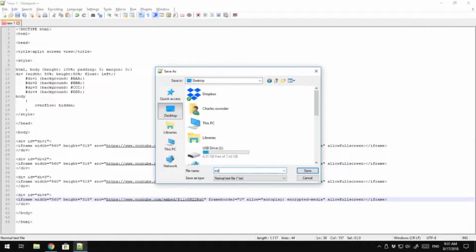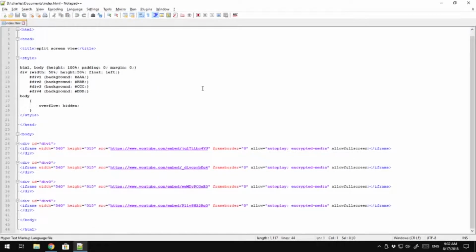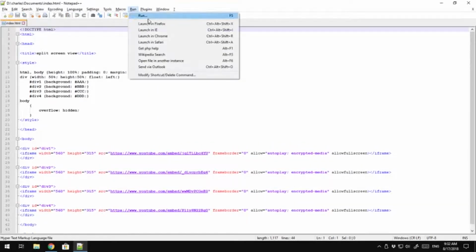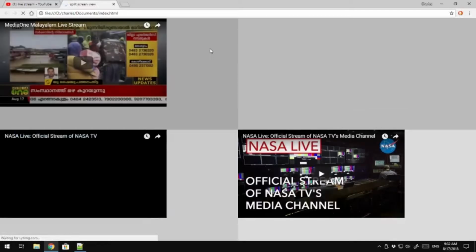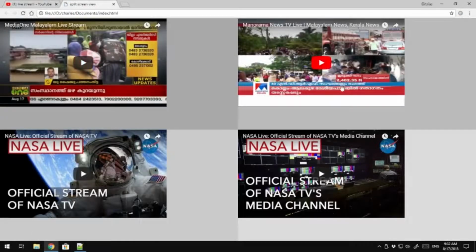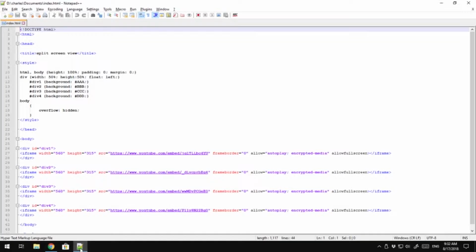Save. I'm gonna name it as index.html. .html is the extension for this document for web pages. And now let's see how it looks on Chrome. You see here it has a lot of space remaining, so I'm gonna change the width